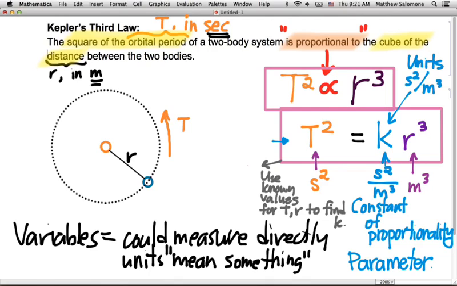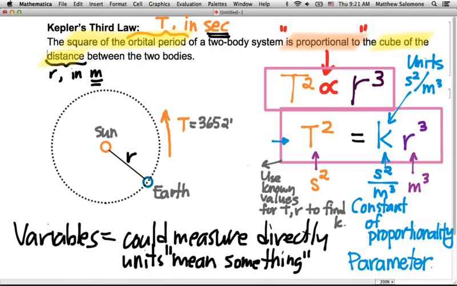And for our example, let's use the one orbital two-body system, even though it's not exactly a two-body system, that we're most familiar with, namely Sun in the middle and Earth on the circumference. What is the orbital period of the Earth? How long does it take us to make one revolution around the Sun? 1 year,